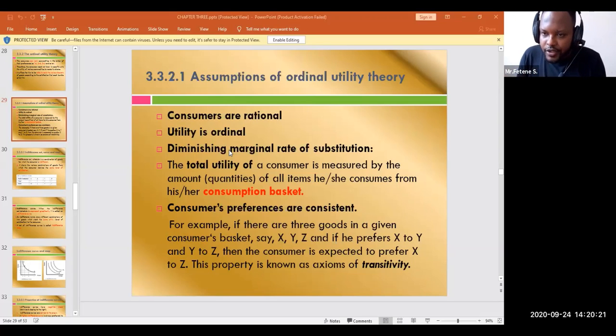There are two commodities; we can substitute one commodity for another one. In the case of ordinality, there are two commodities, so we can substitute. The total utility of the consumer is measured by